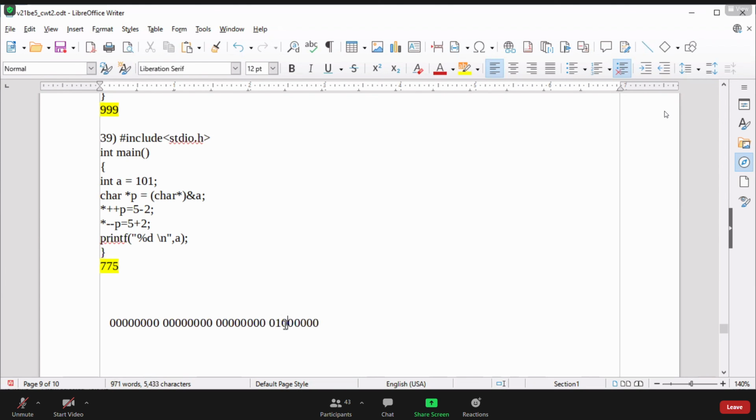It's 64, 32, so that's 96, 100, and now 4 and 1. Let me check: 64, 32, 4 and 1. Yes, it's 101. So that's the 4-byte binary representation of 101.